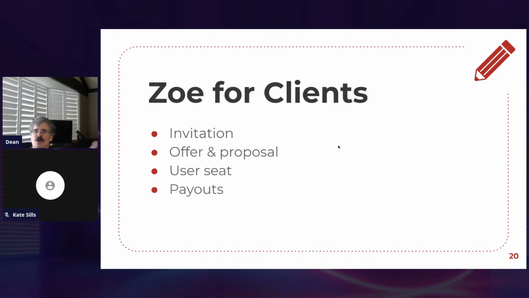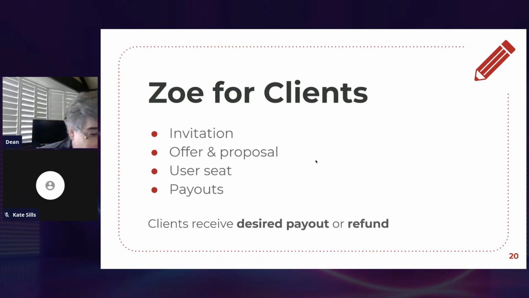And then finally, when it all resolves and the seat exits, I get payouts. The payouts being whatever it is that in my proposal I said I wanted, or a refund, and I can sort those into the appropriate purses in my wallet. That's what the wallet does for you. But those are the key concepts that clients get. The corresponding elements, and the key thing is they receive their desired payout or a refund,